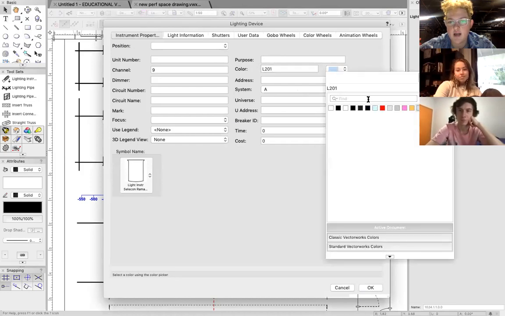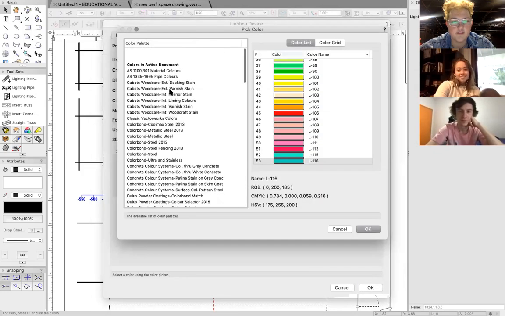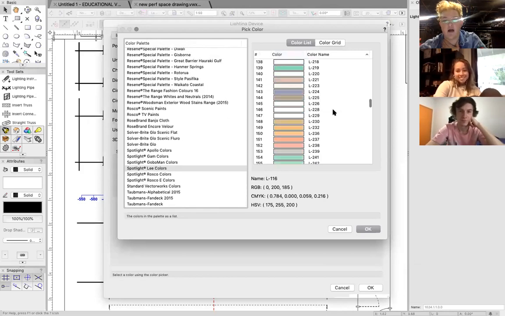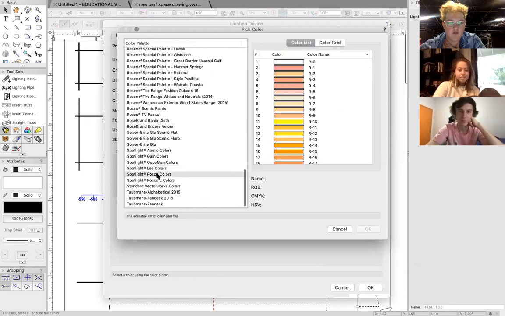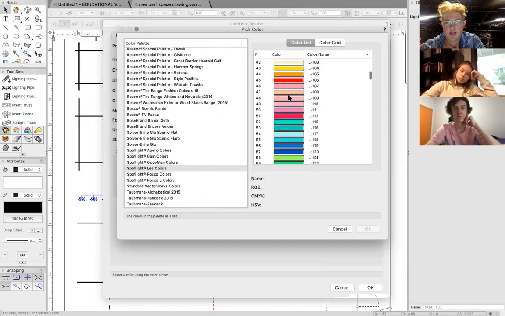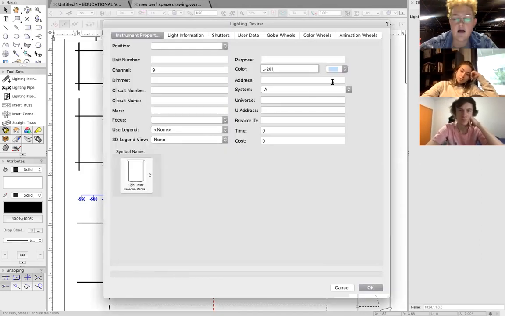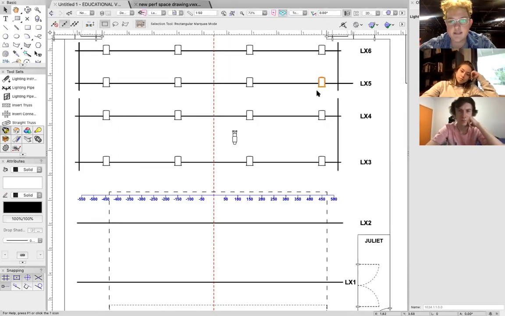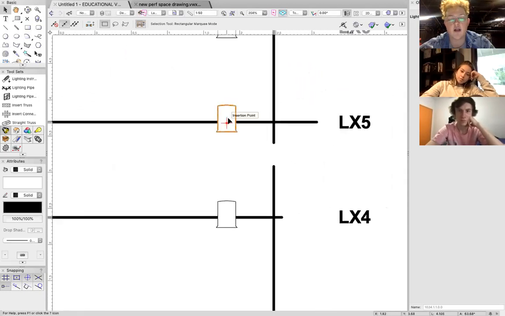And you can come in here and select all these different lighting filters and just find exactly what you want. Where at UOW, we work mainly with Lee and Roscoe, specifically Lee. So you can just pick the Lee swatch book and come in here and look at all these pretty colors. But yeah, let's just select Lee 201. So now this light is channel 9 and it's got Lee 201 in it, but that's not showing